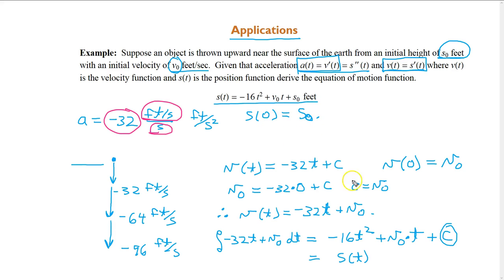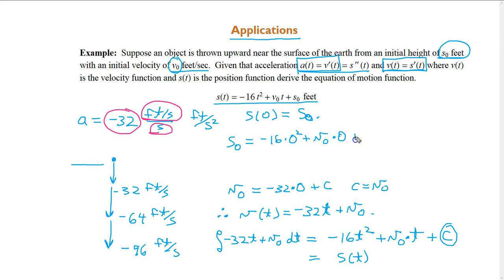So if we take 0, plug it in for t down here, and the s0 we put in place of this s, we obtain this equation then. So we get, and of course all of this here is just 0, and we get that c equals s0, and therefore our equation of motion is